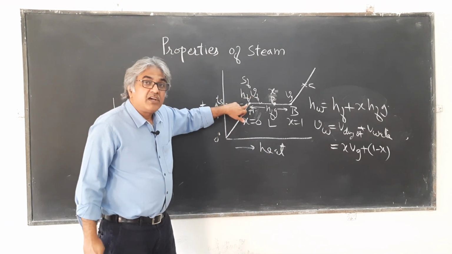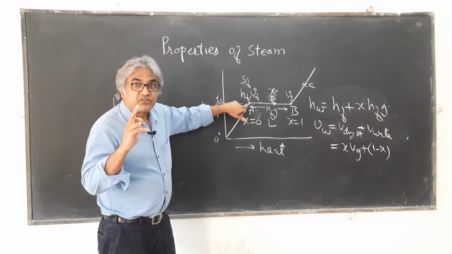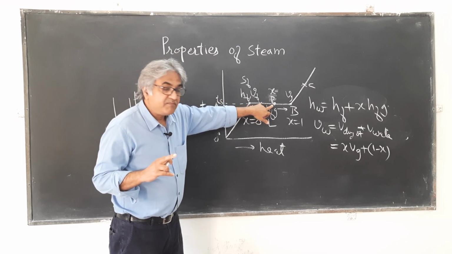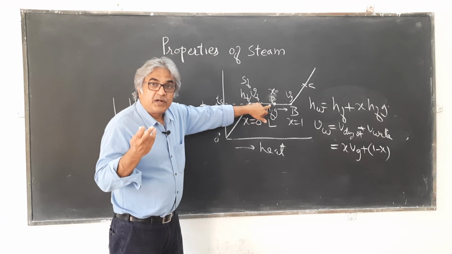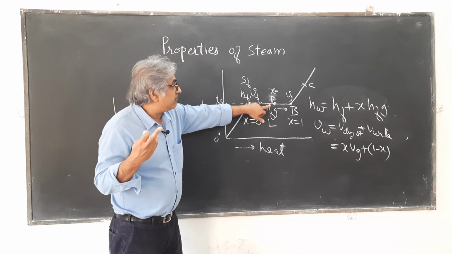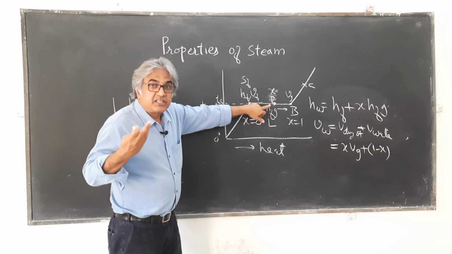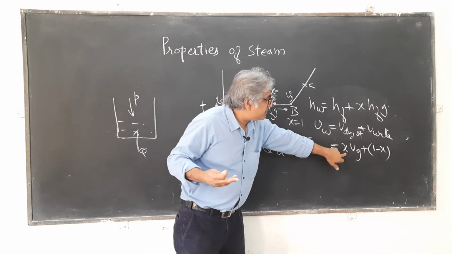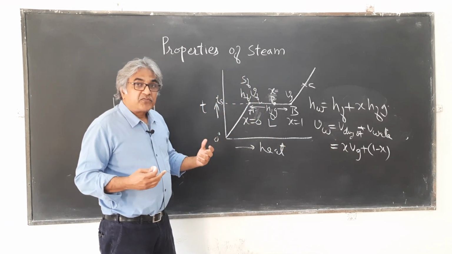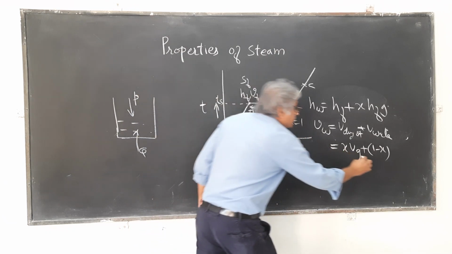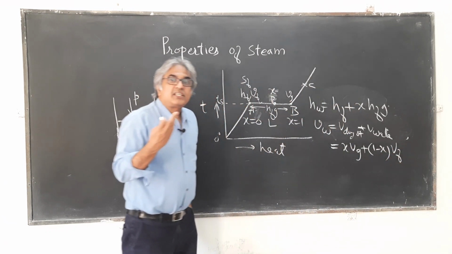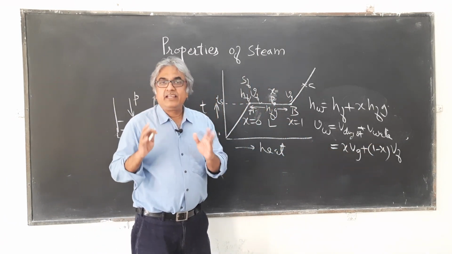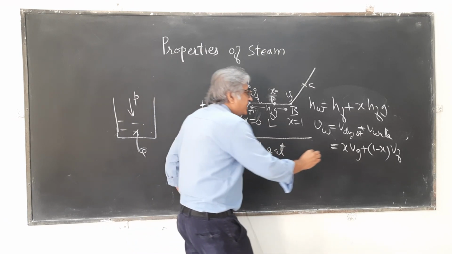Now please note, what is Vf? Vf is the volume of 1 kg of saturated liquid. Here you have dry saturated steam and also saturated liquid. How much is dry saturated steam? X is dry saturated steam, and 1 minus X is saturated liquid. So the volume of dry steam is X into Vg. Similarly, the volume of saturated liquid will be 1 minus X into Vf. Why Vf? Because Vf is the specific volume of saturated liquid. But please note that this term is really very small, it's negligible, so we can just get rid of it.